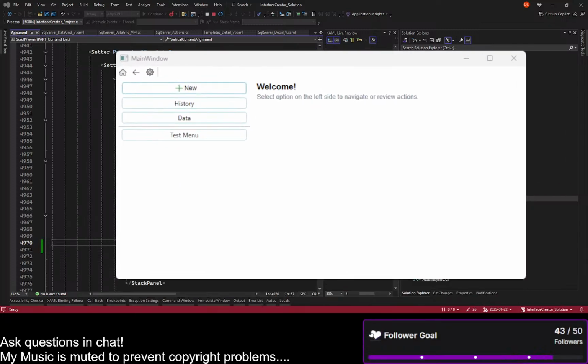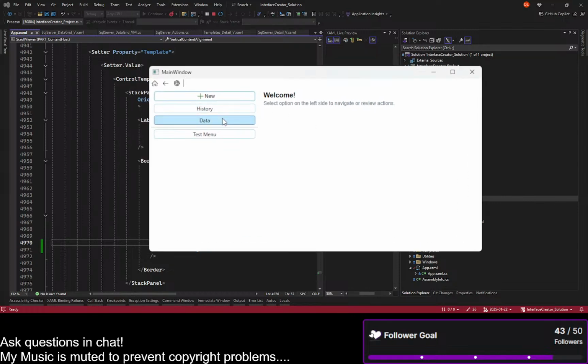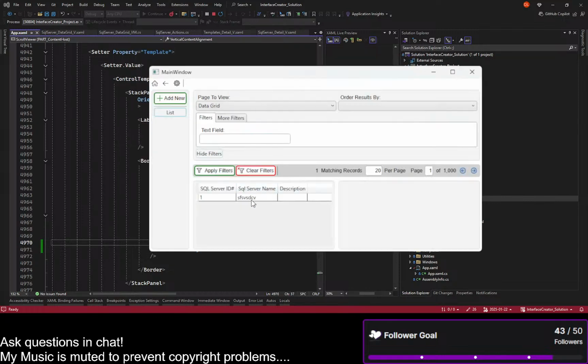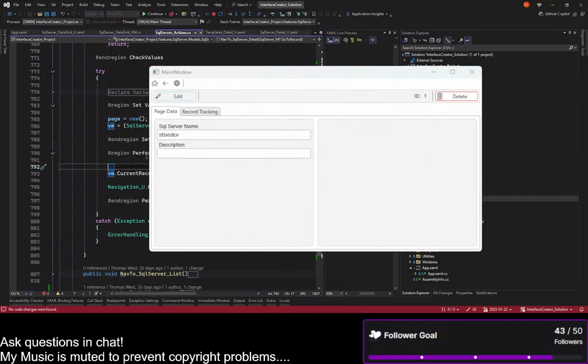Okay, put that back on screen. We're gonna minimize it a little bit. Data, SQL servers, excellent. Open this one up. We'll take the break off this because we do know it gets there. And we have the server, we have the ID, it's actually vertically laid out, and this shouldn't allow any edits until we hit the word edit, and then we can make our edits, and we can do our edit to our description. Now we can hit save, and it says no changes were detected, which is a problem, because changes